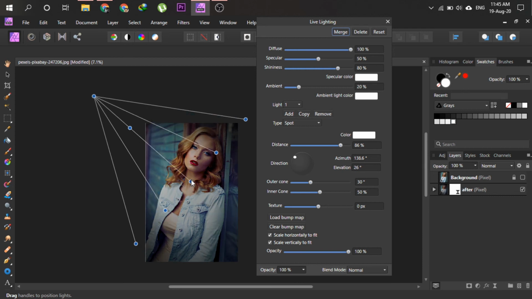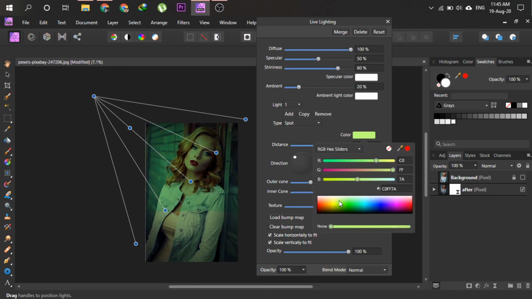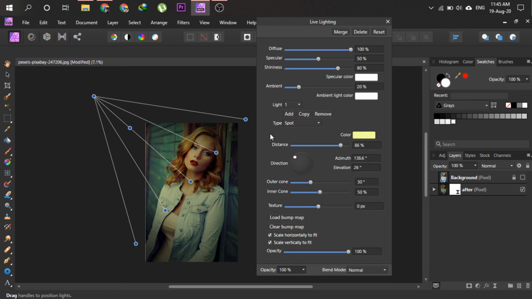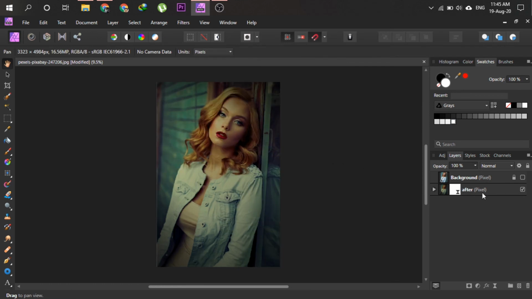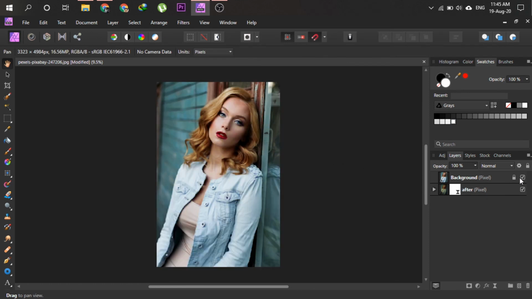Now what we are going to do is change this color, and we need something a little bit yellowish. I think that's fine. Just close the dialog box and resize the image. Okay, so this one is the before and this one is the after.